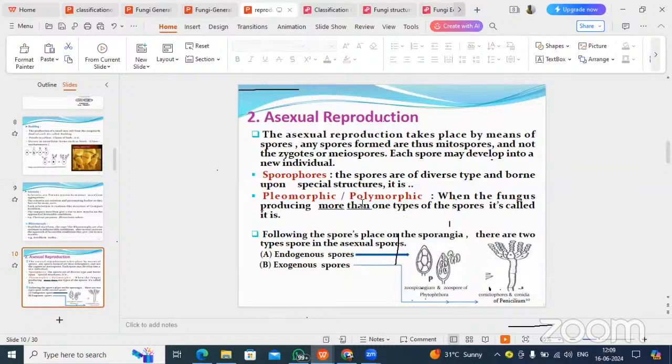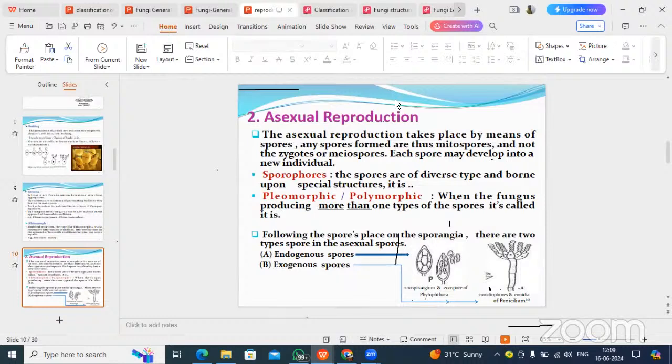You see, pleomorphic or polymorphic. Suppose that means various types of spores. If it is forming two different types of spores, that is polymorphic. You see the sporangia, either it is